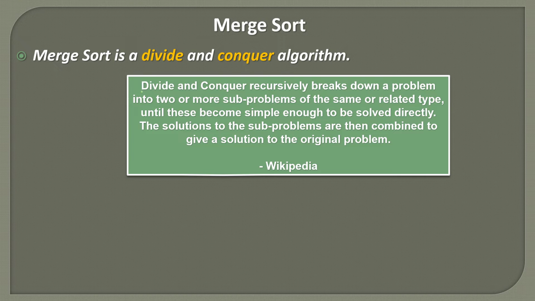So basically we divide a large problem into various smaller sub-problems and we keep on doing it till those sub-problems are simple enough to solve. And once we solve them, we have their solutions. So we take their solutions and combine them so that we get the solution to our original problem. This step, combining the solutions of smaller sub-problems to get the solution to our original problem, is actually the conquer part of it. So let's see how this divide and conquer algorithm fits into merge sort.